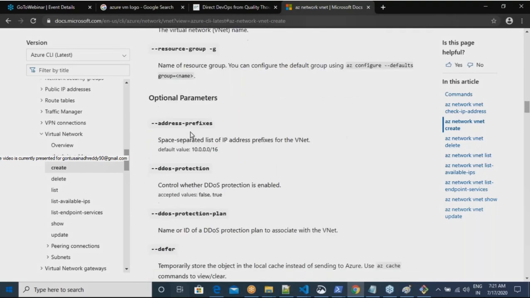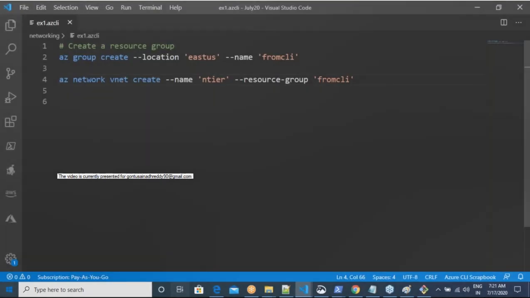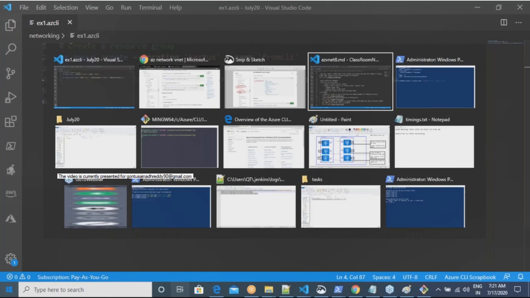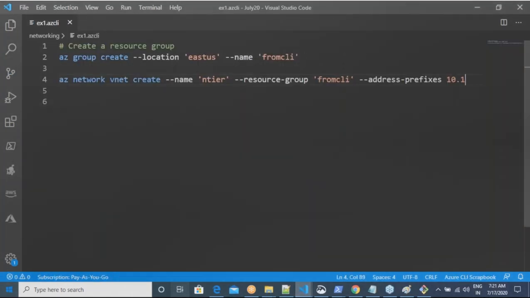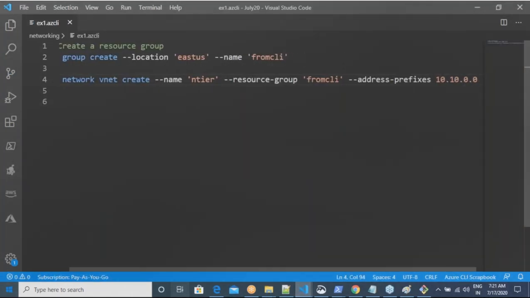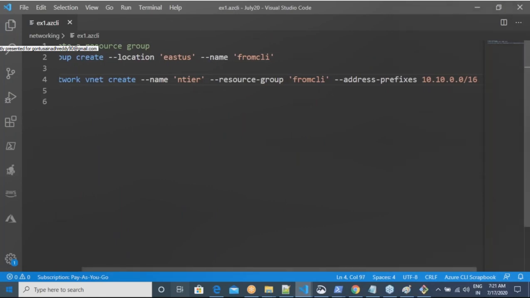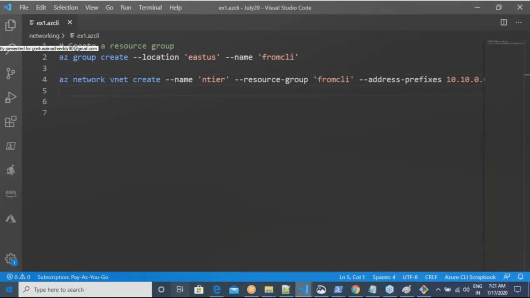If you go with address prefixes, it will try to tell that if you don't give a value, I will try to use this value. Now I'll tell that the address prefix is what we have written in the documentation, 10.10.0.0/16. Is this very difficult to write?